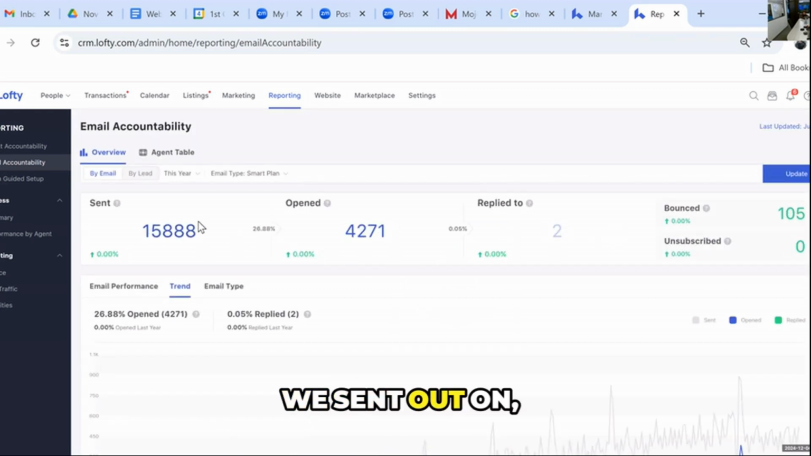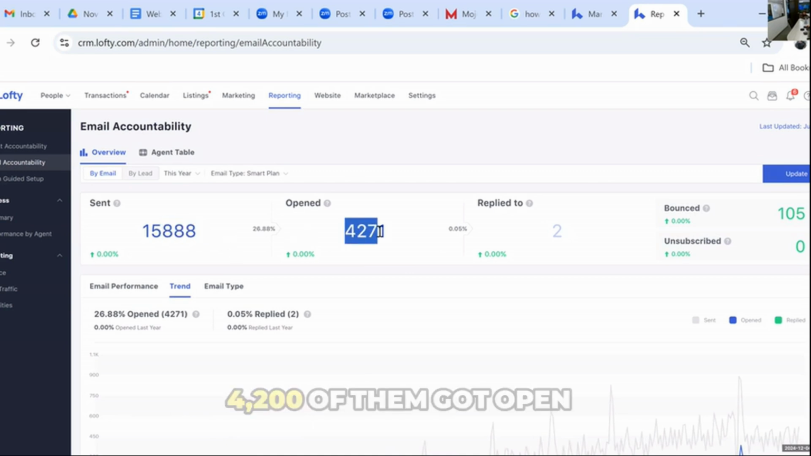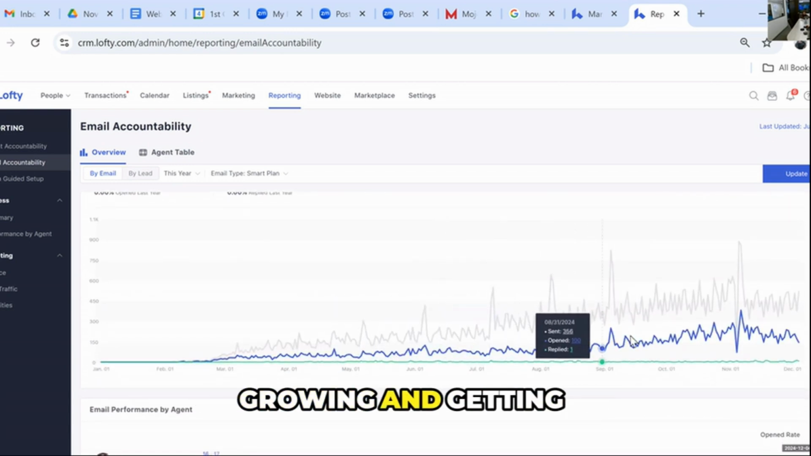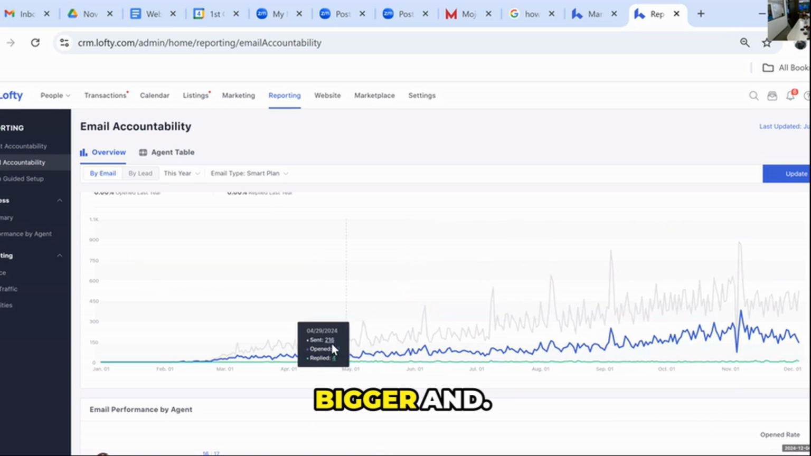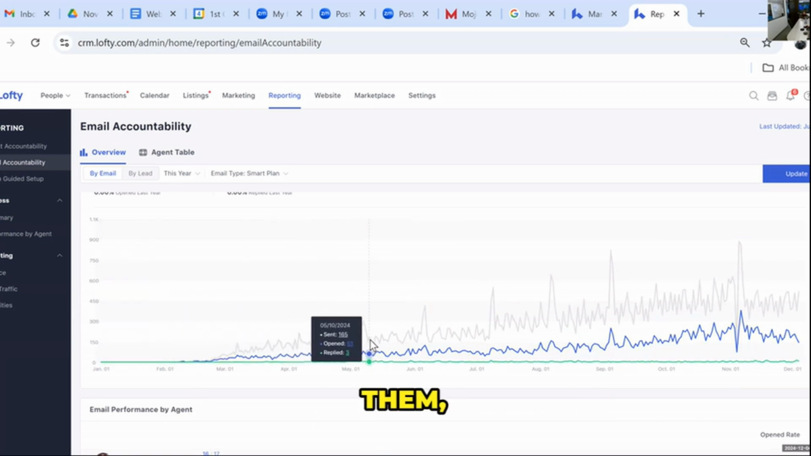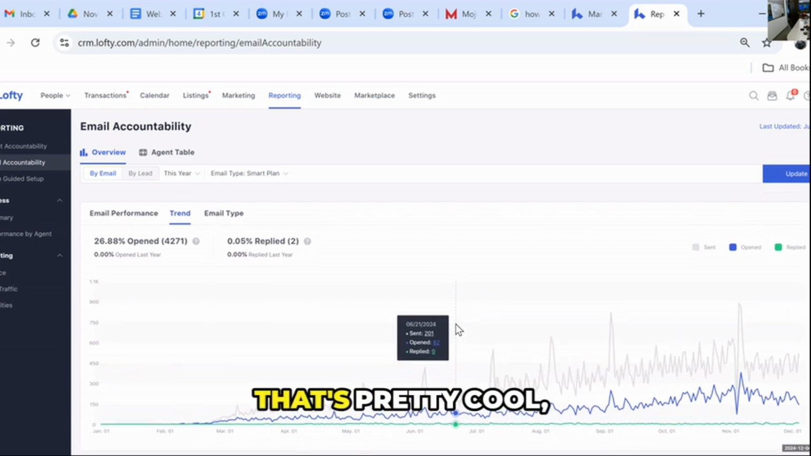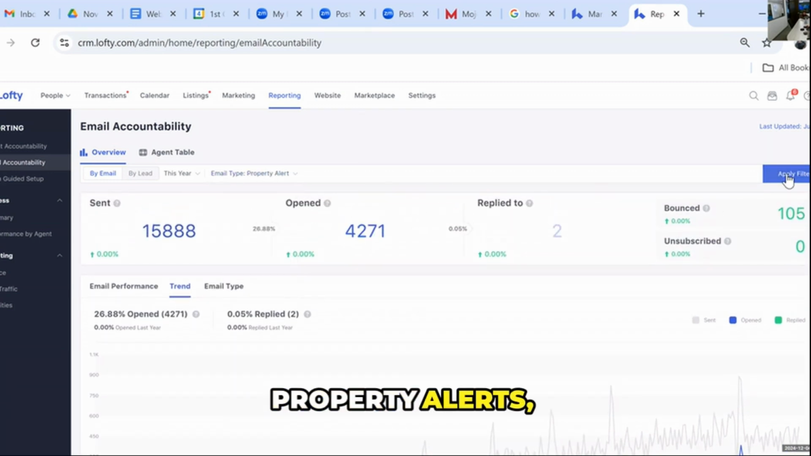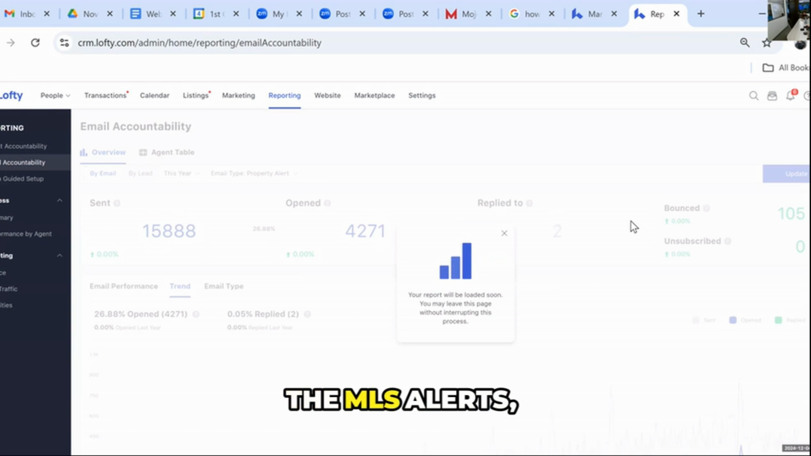We sent out, on the smart plans, 15,888 emails this year. 4,200 of them got opened, 26.88%. And it just keeps growing and growing, getting bigger and bigger. We see more and more people opening them, and it builds and builds. That's pretty cool, right? And at the same time, property alerts, the new listing alerts, the MLS alerts,